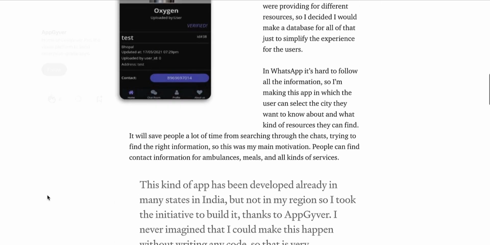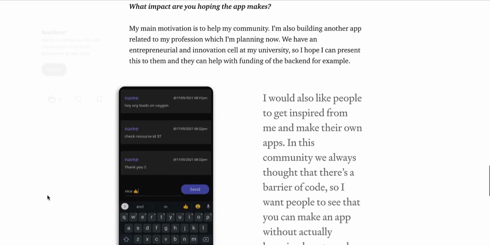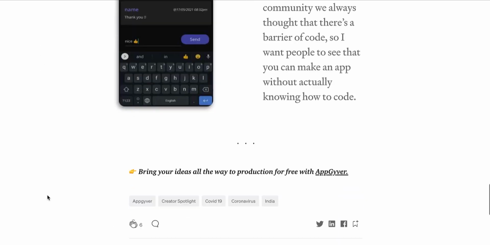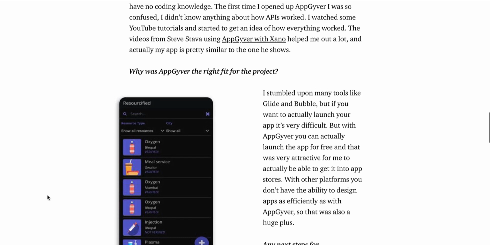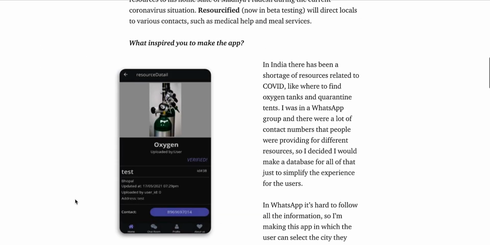What I like about this is it's going to be offering you different profiles. It looks like you have a chat option as well, and it's going to allow you to favorite different supplies and things like that. So again, it's having a database of resources to really provide life-saving material for different ones in need.